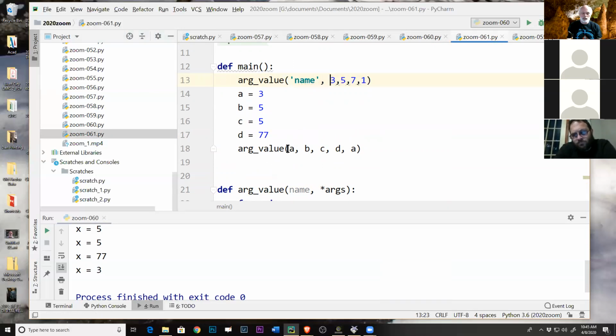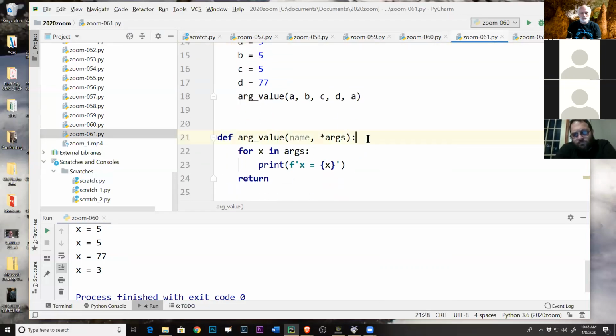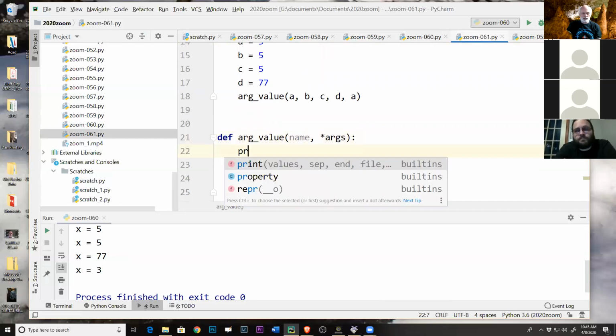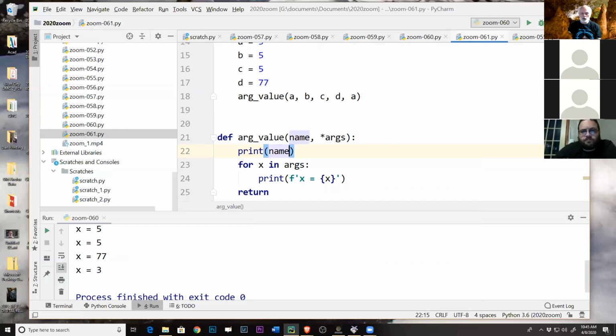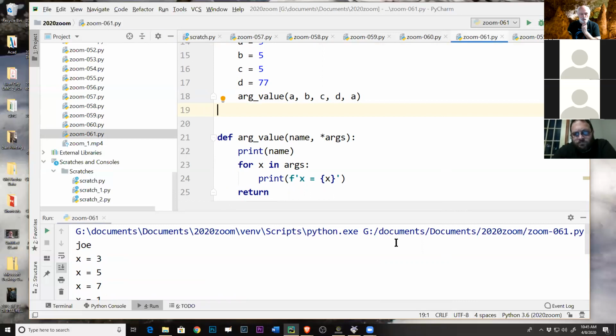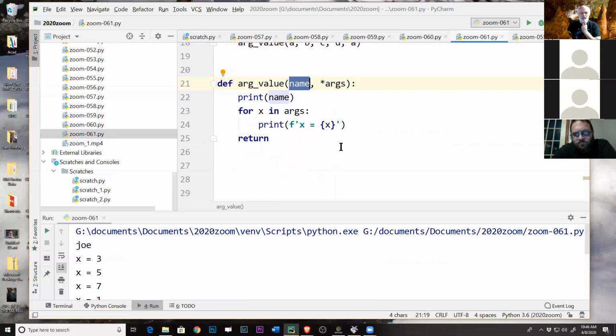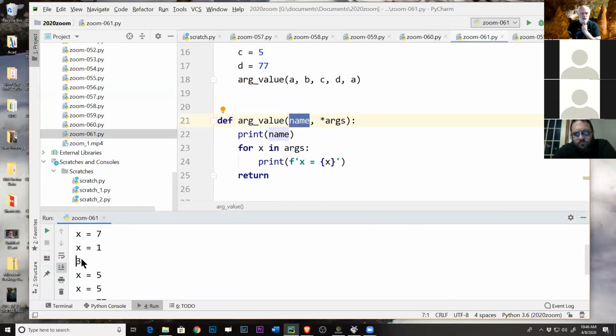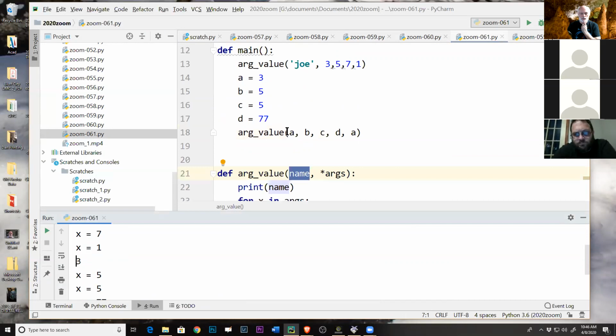I'm picking a string here, instead of name, let's say Joe. Pick a string here just so you see it's a different data type. I'm going to leave this second one as is, and I'm going to print the variable name. The first time through, it printed the Joe. Joe became the name. The second time through, it actually printed the 3, which was A,